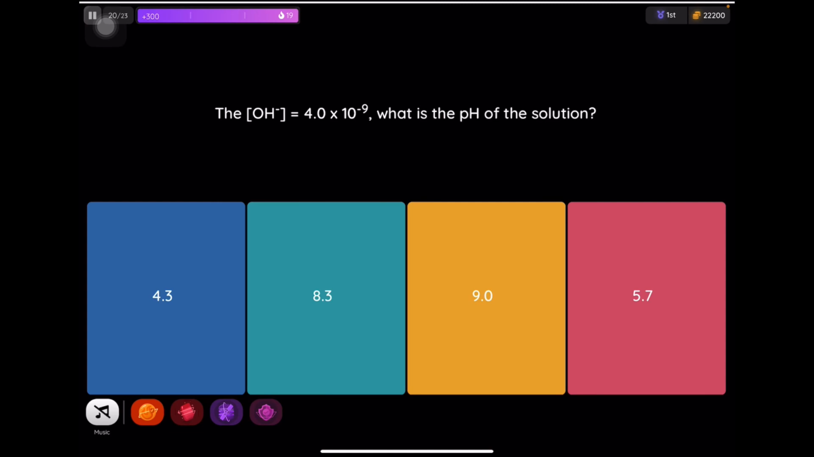The concentration of OH minus ions is given to be 4 times 10 to the power of negative 9. So what is the pH of the solution? Here you are required to calculate the pOH first, then calculate pH by 14 minus the value of pOH. That would give us